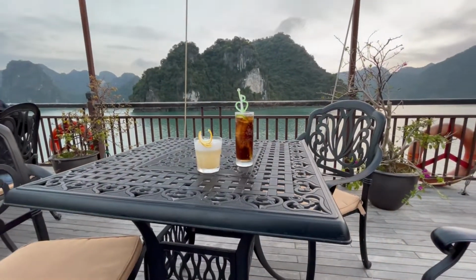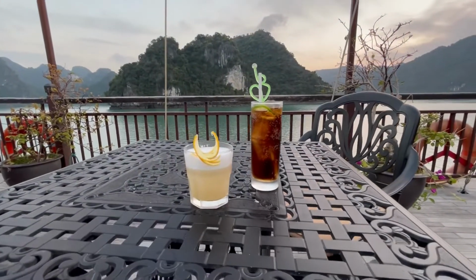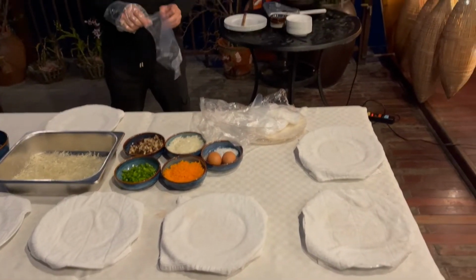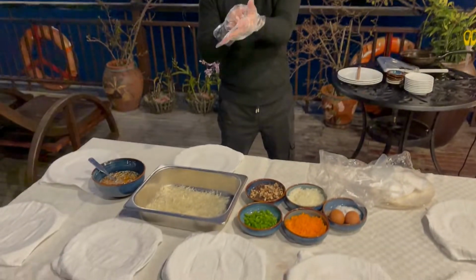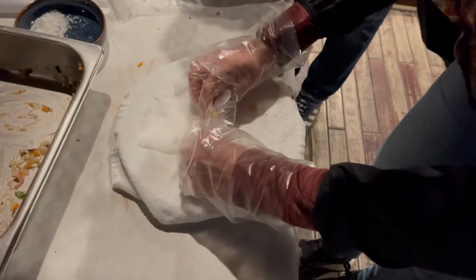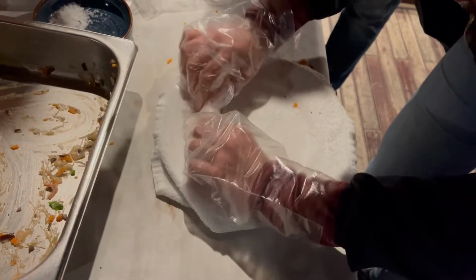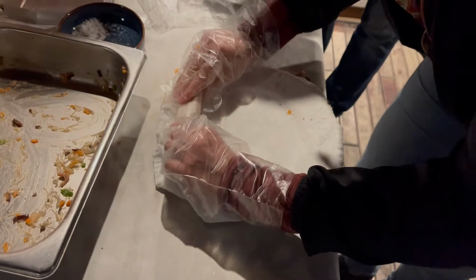In the evening we had some drinks at the bar, but we didn't have much time to relax because it was time for our next activity, create your own spring roll. And well, this is how it went. Go Laura, roll that spring roll. And the result,